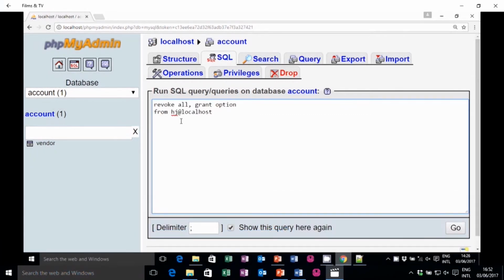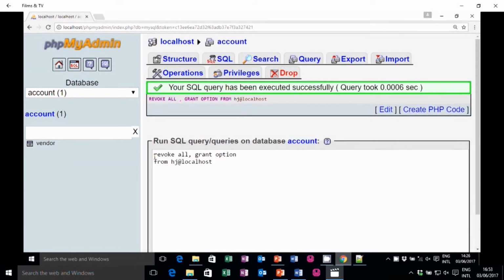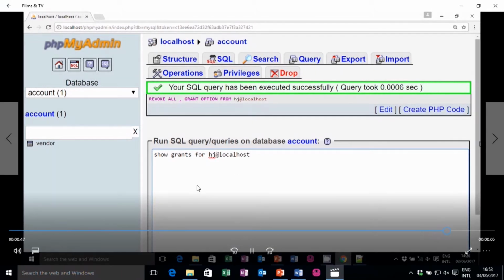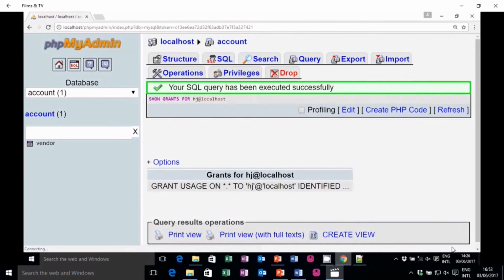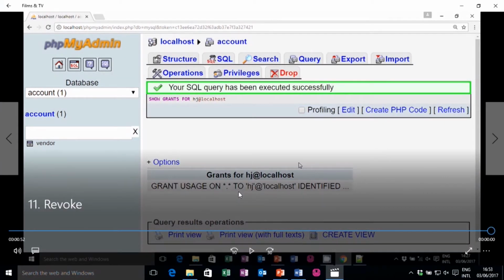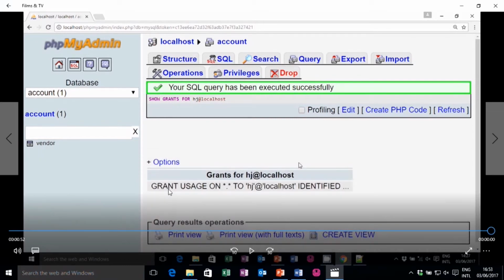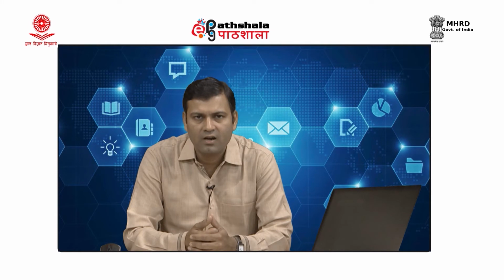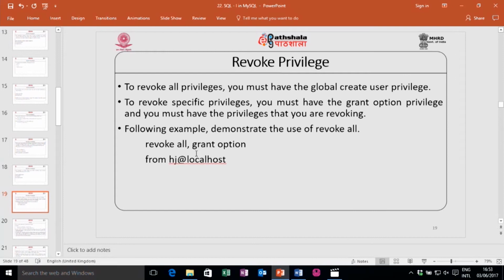And if you revoke all the grants or privileges and then run the SHOW GRANTS statement, it will show that the user has no privileges. Just look at the syntax here: SHOW GRANTS FOR username@host, and click on the go button. So, it will show GRANT USAGE ON *. We know that grant usage is actually not very helpful. It is just a statement which allows you to work when you create a user or assign grants. So, this is about privileges.